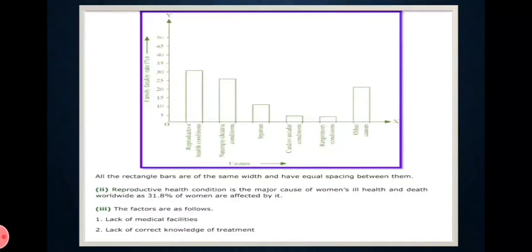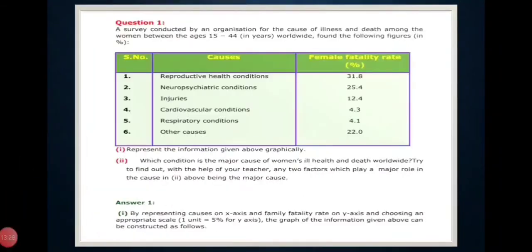So on the graph page, on the x-axis, you have to leave the first box, and in the second box you will make a bar for the first cause. Leave one box, the first box on the x-axis, and in the second box you will write the first cause, that is reproductive health conditions. Again leave one box, and in the next box you will write the second cause, that is